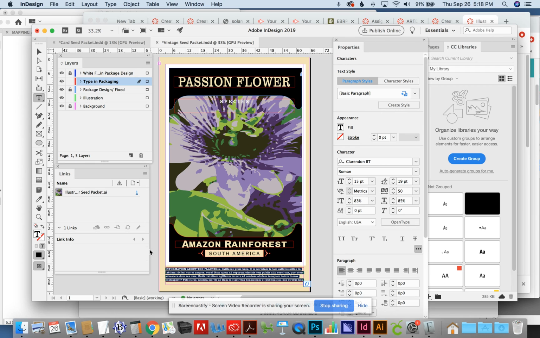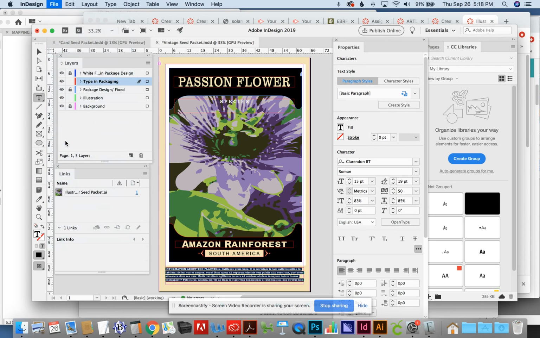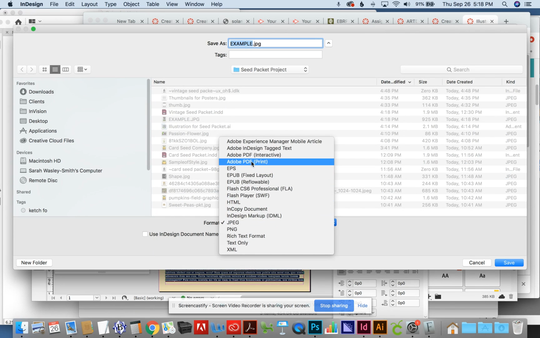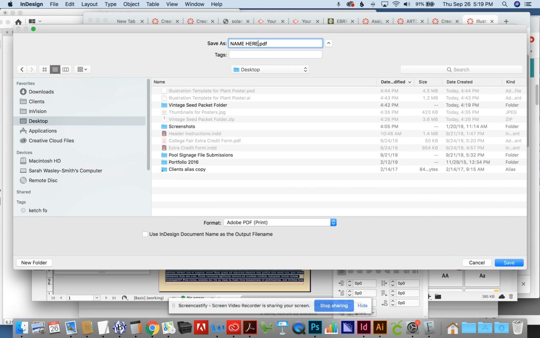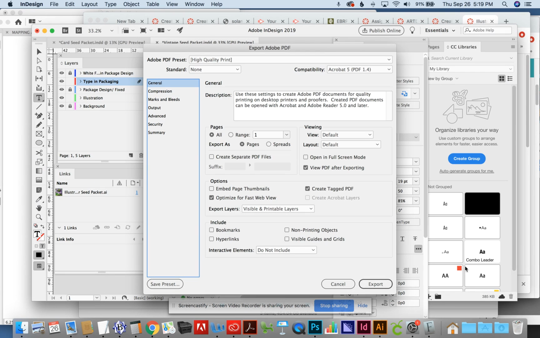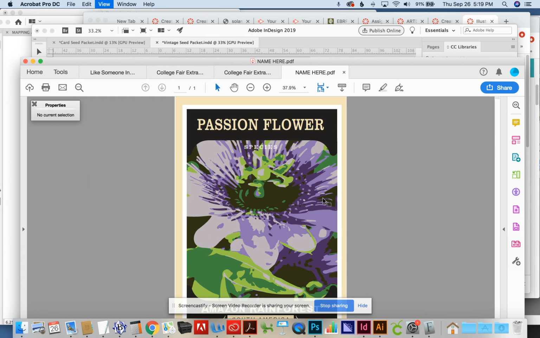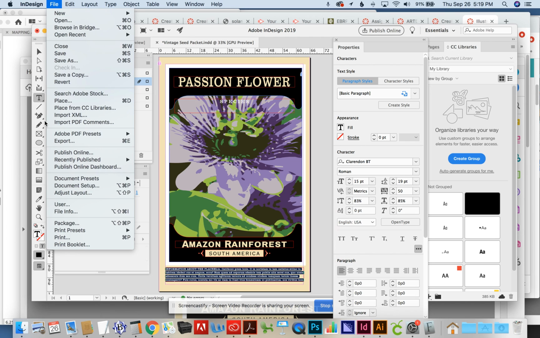And when you've done all these steps, you're just going to go to File, Export. Down here, change it to just an Adobe PDF and save it with your name, to the desktop, and save your work and export. You can see that what I've done is I've set my preferences in InDesign so that it always shows me the PDF after I've created it. And you can do that when you go to File, Export,